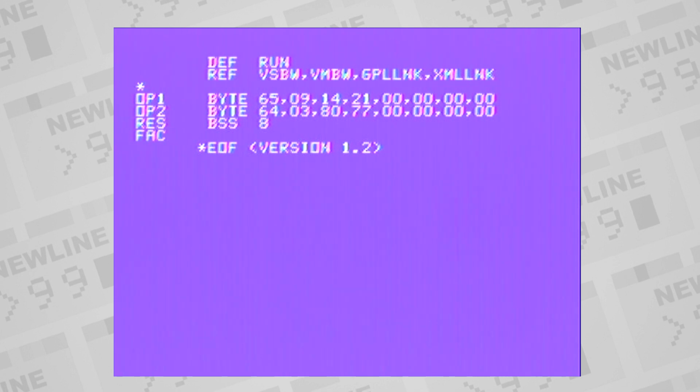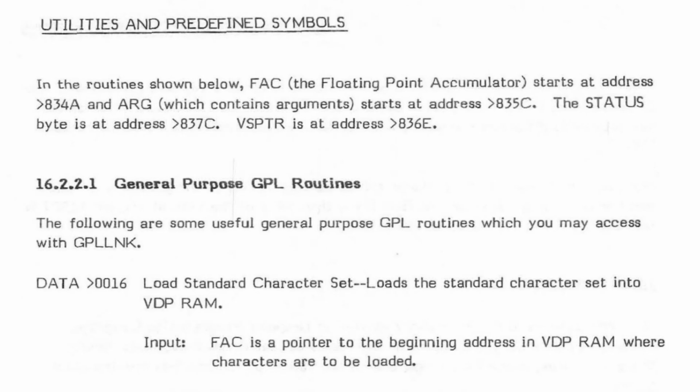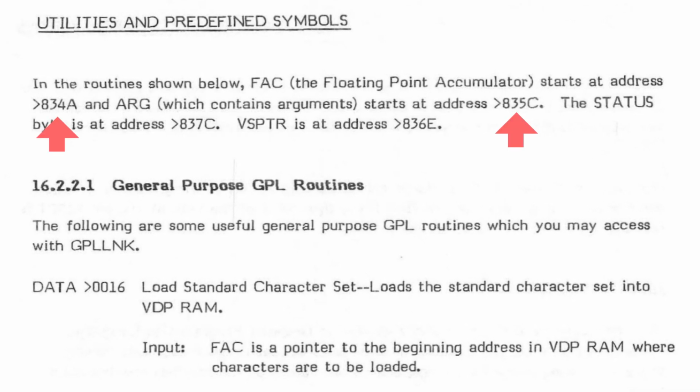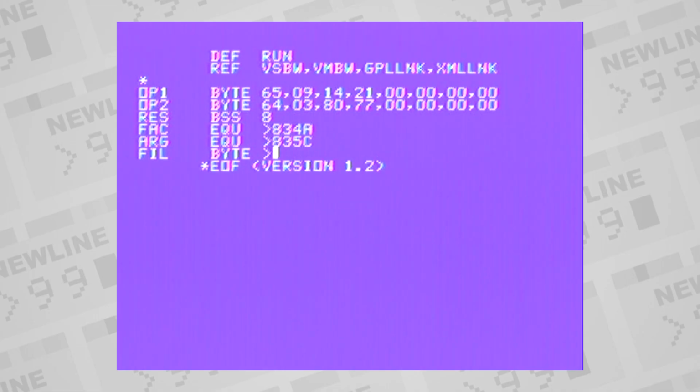Let's identify the addresses where FAC and ARG are in memory. These addresses are listed in the Editor Assembler Manual, page 259. The last piece of information that we need to keep, specifically for converting numbers to strings, is really silly.